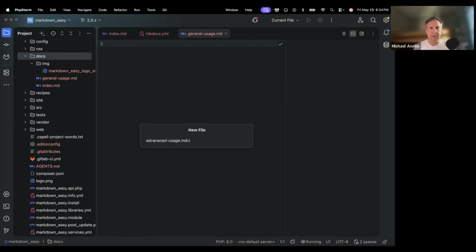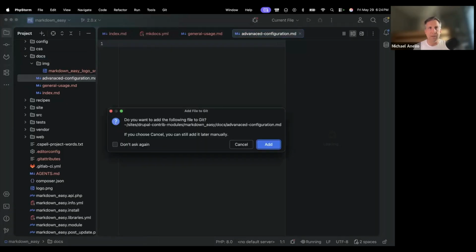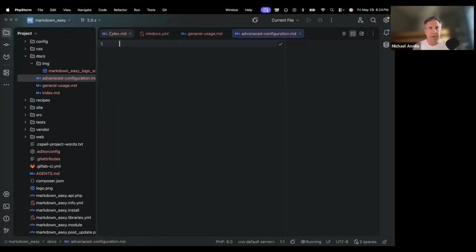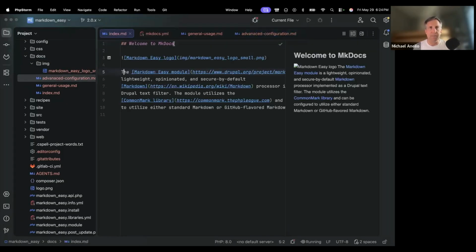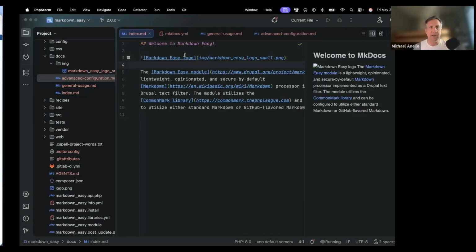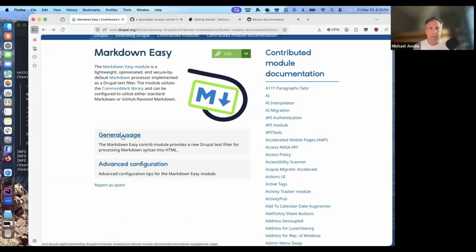No, advanced configuration.md. All right, so I guess we can fix this. Welcome to Markdown Easy. And obviously I want to make this logo even smaller, but I'm not going to do that now. So if I come over to general usage,